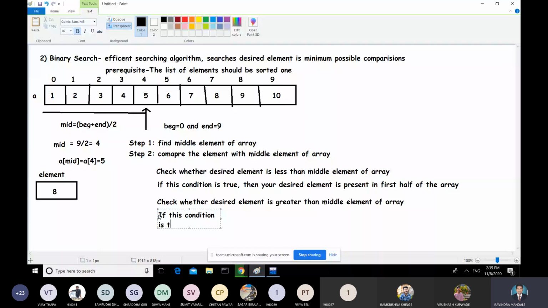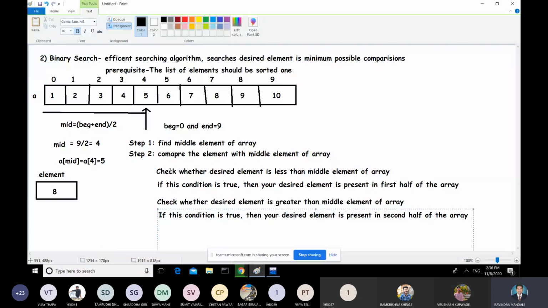Then your desired element is present in the second half of the array. If this condition is true, that means if the desired element is greater than the middle element of the array, your desired element is present in the second half of the array.